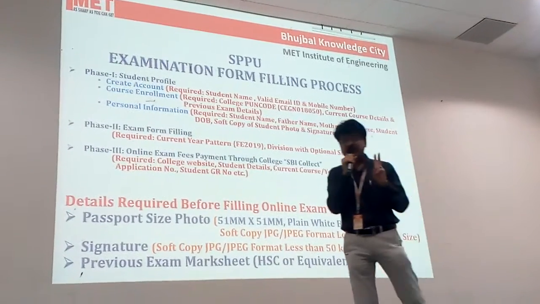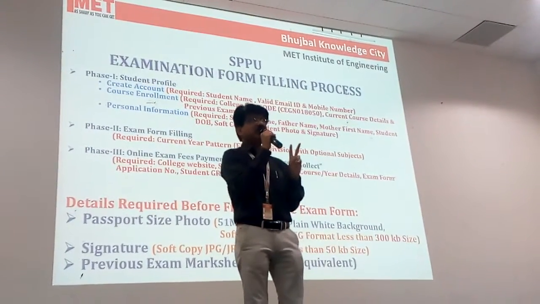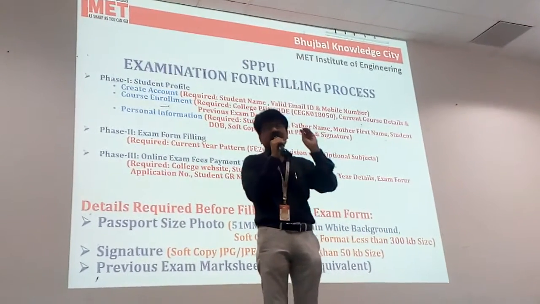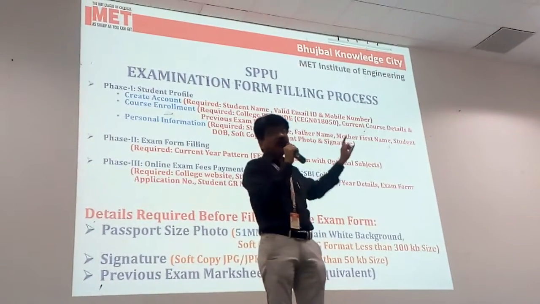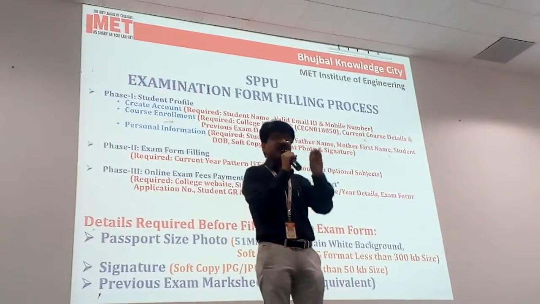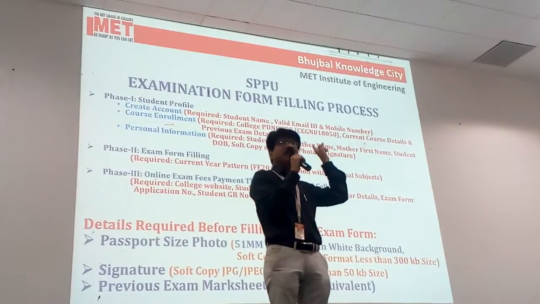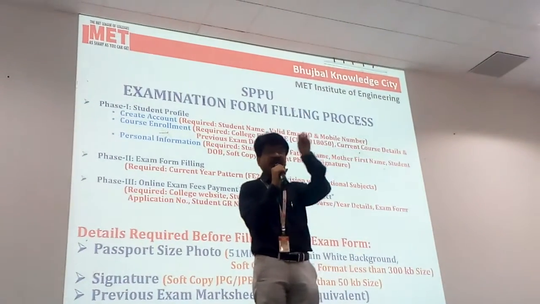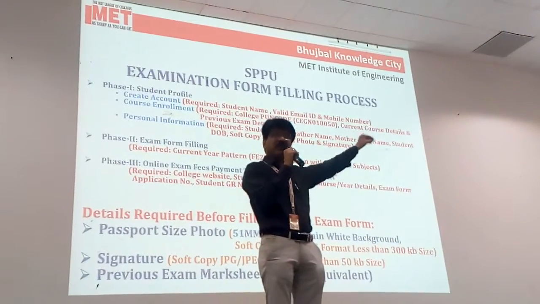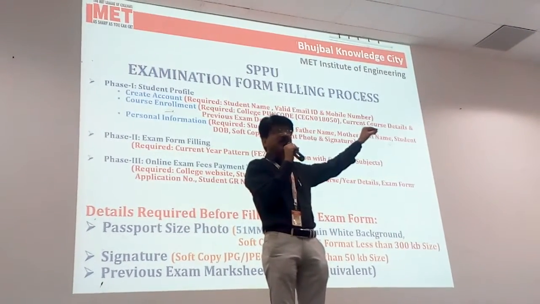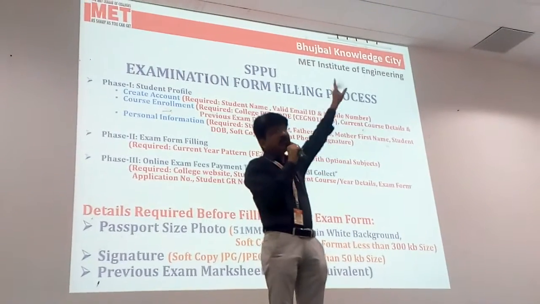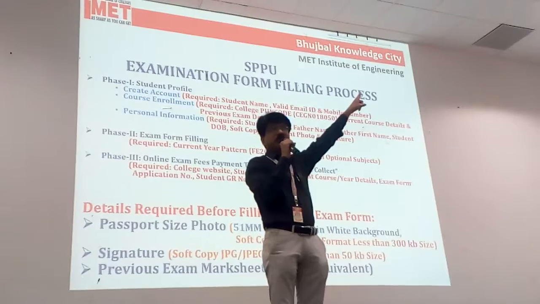Okay. Second thing, many students are filling the examination form at cyber cafes, and this is a major mistake. Why have I given you the PUN code? Because in the process somewhere you need to enter the PUN code so that the university will be aware that these students are from this college. By mistake, if the person who is filling your examination form at the cyber cafe enters a wrong PUN code, your examination form will be generated in that college's account.